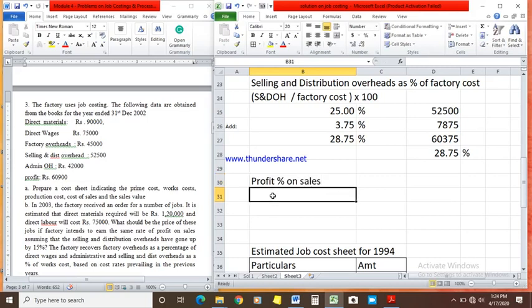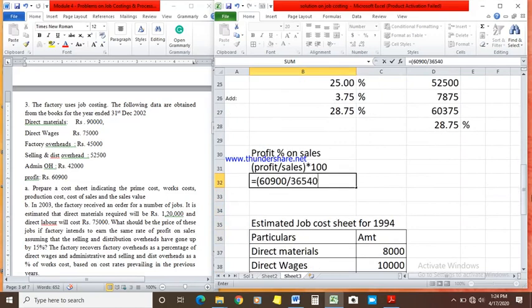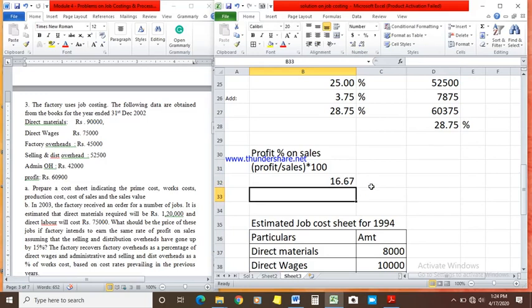So in this problem you are given the profit divided by sales into 100. So profit is, in this case, 60,900 divided by the sales value 3,65,400 multiplied by 100. So the percentage profit on sales is 16.67%. But when you're preparing the job cost sheet for 2003, you will not know the